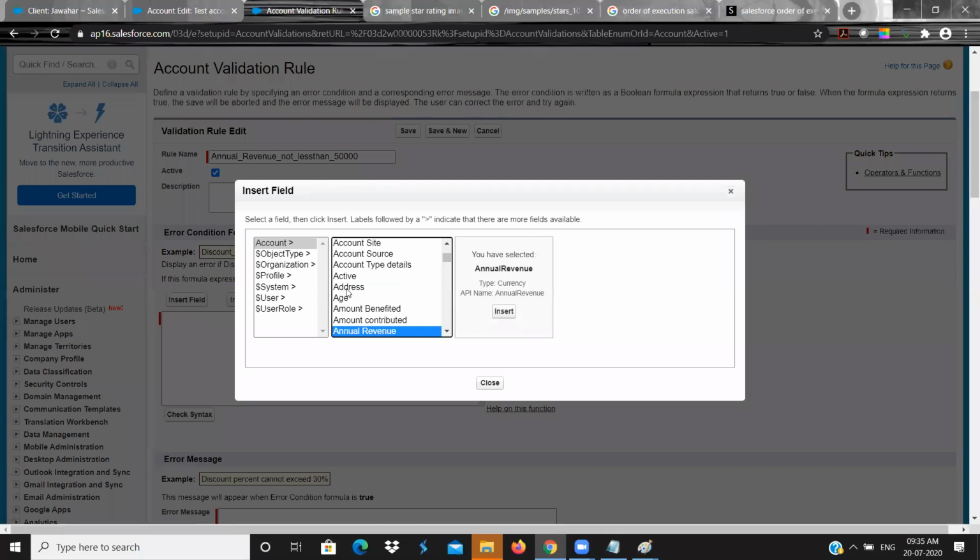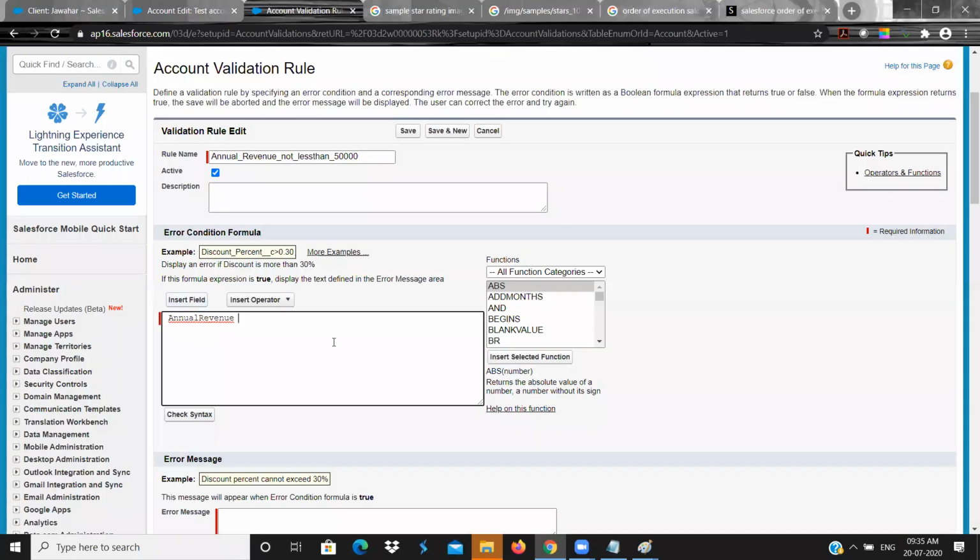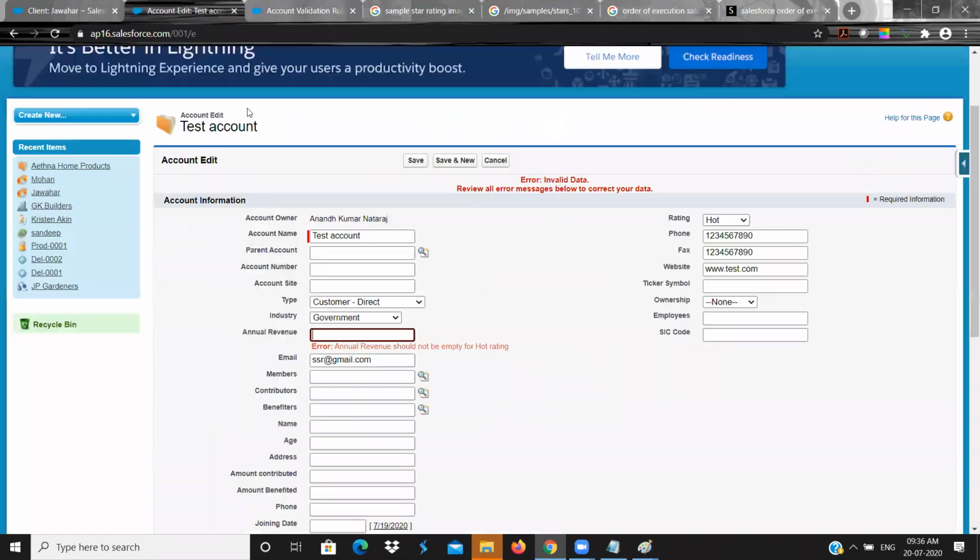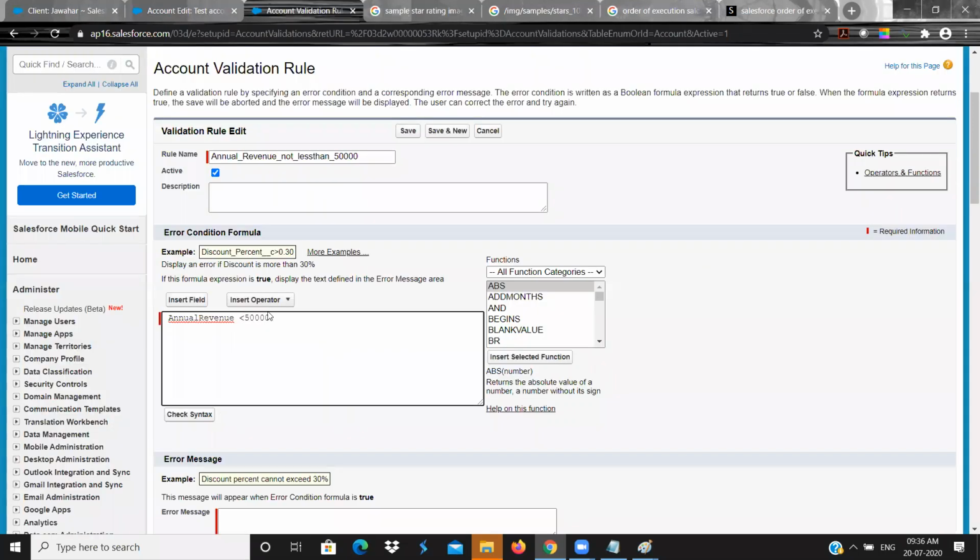Less than 50,000. So what I have given is annual revenue less than 50,000. That means if the user is entering some value that is less than 50,000, then this condition is satisfied and it will throw an error.